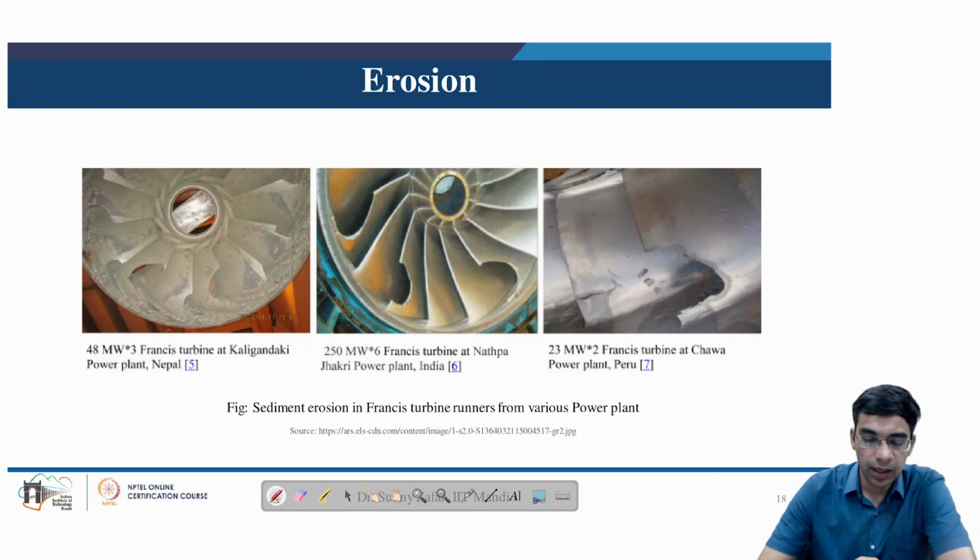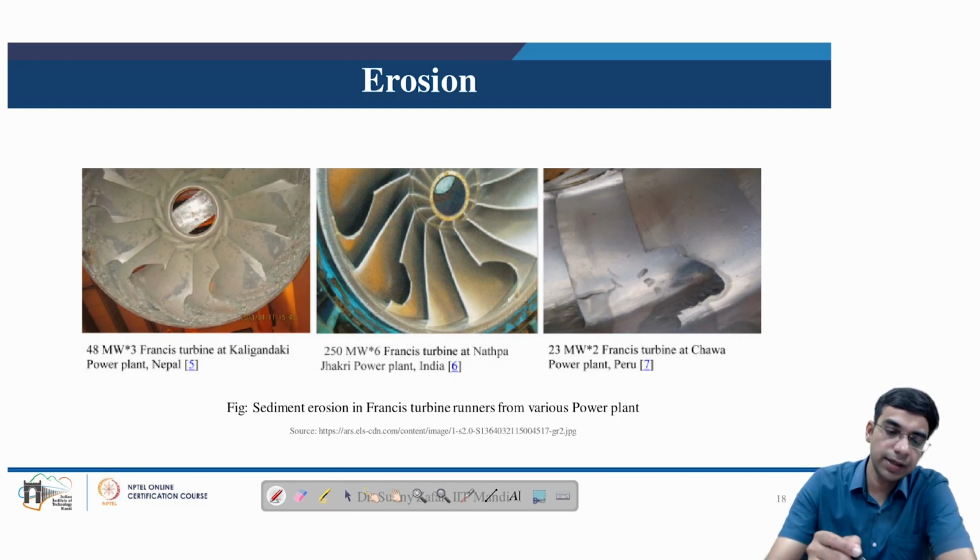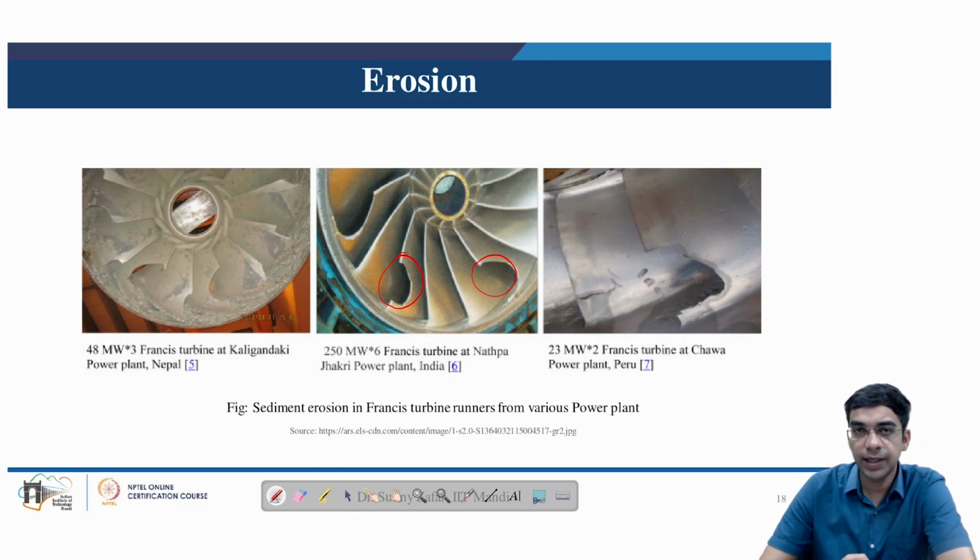So here we can see how the next challenge in hydroturbines affects the performance, which is erosion. Erosion is basically direct contact with abrasive particles which are entrained in the water, and upon impact of these hard abrasive particles on the turbine blade surfaces, material is gradually removed, and we can see how the erosion is removing material from the blade, thereby disturbing the blade profile and reducing the efficiency of the turbine.